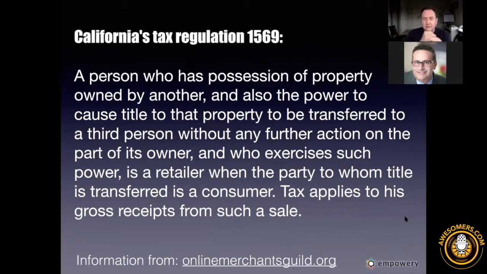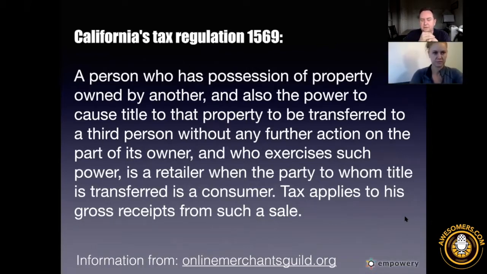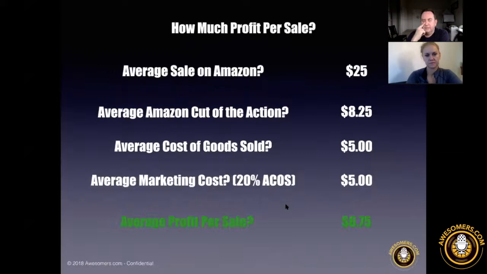Okay, so just take a look at that, and there is no argument that California can make or Amazon can make to say that Amazon is not the retailer of record. You don't have to get too into the weeds about title and transfer of title, but essentially, Amazon sold it to the customer and they paid you your cut of the action after all of their expenses. And that regulation specifically shows that a marketplace seller is not the retailer. Amazon is the retailer. And I can tell you this is a very big deal. So we're going to talk more about the Online Merchants Guild and Paul Raffleson as we go here.